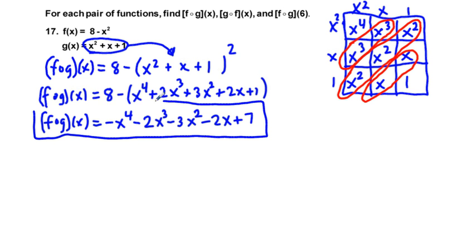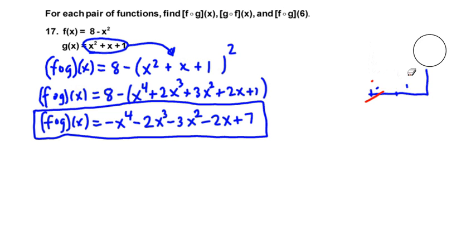So here is f of g of x, all worked out. Now, I'm going to erase this to give more room. On your piece of paper, you don't have a lot of room, so you're going to need to find some extra paper. We're going to have g of f of x